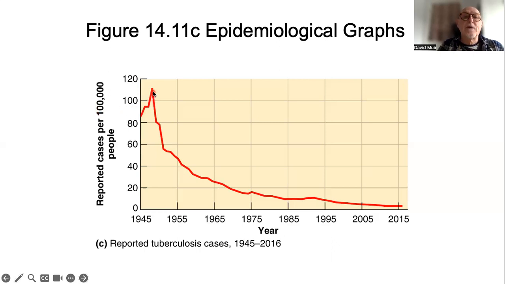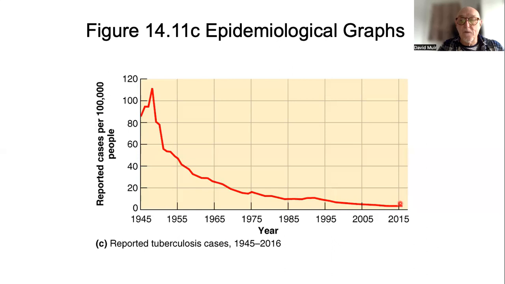But now look what happens right around here, the first successful antibiotics against tuberculosis. And so the prevalence begins to fall like this. If you were to look at an incidence graph, it may also fall, but you need to take into account a number of things if you are in a situation like that, because the number of cases, the prevalence, influences the incidence if it is an infectious disease, because you have to have a source of the disease. In any case, here you can see the success of antibiotic treatment over the years on the total prevalence of